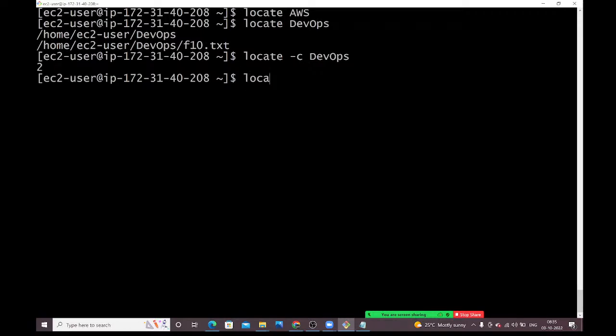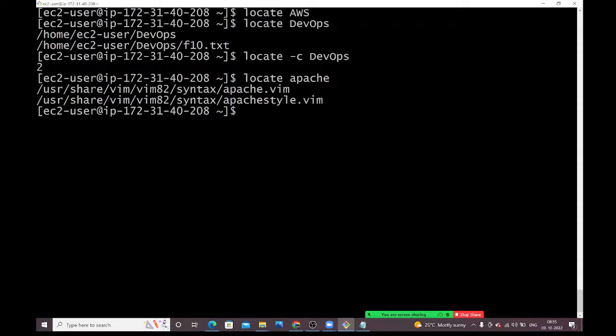See, I want to search for the Apache. See here, how many files we have Apache? Two files. See here, I want to search for the count. Locate -c Apache. Apache, how many number of times it is available? Two times Apache is available. See here, locate -c